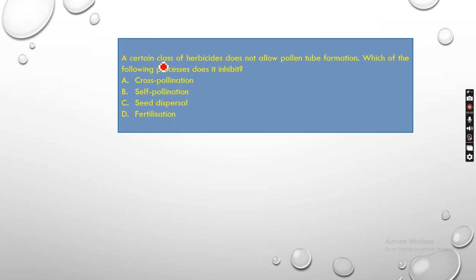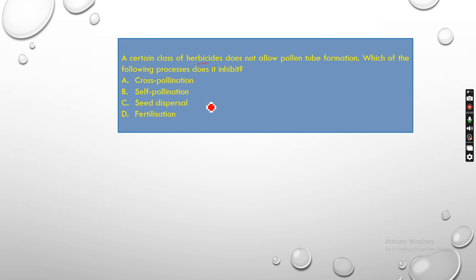Next one, a certain class of herbicides. What are herbicides? Herbicides kill the weeds, the unwanted plants that grow in the field. So we use herbicides to kill them. A certain class of herbicides does not allow pollen tube formation. Which of the following processes does it inhibit? So if certain herbicides will not allow the growth of pollen tubes,